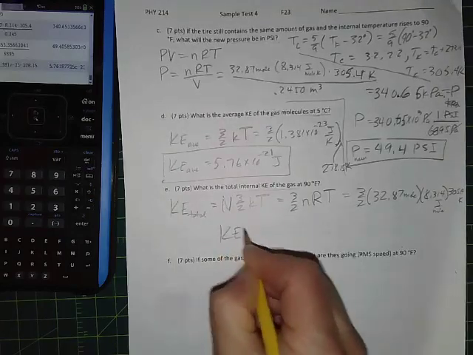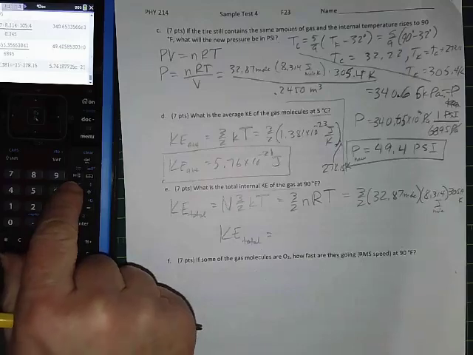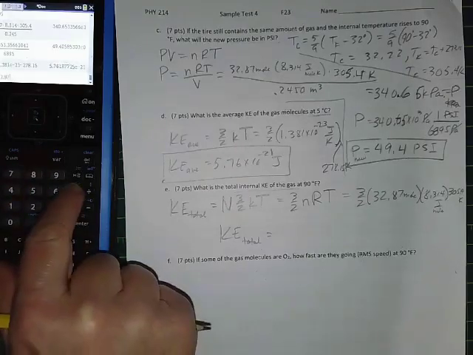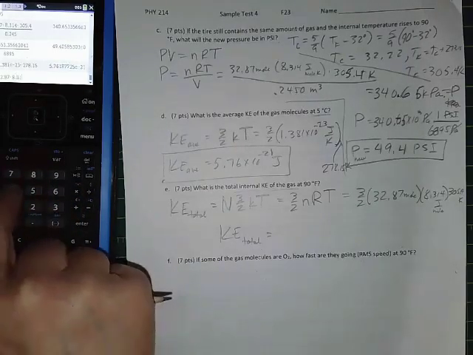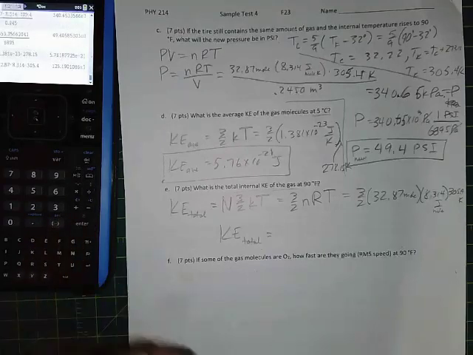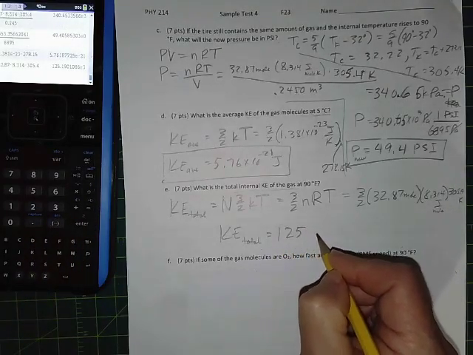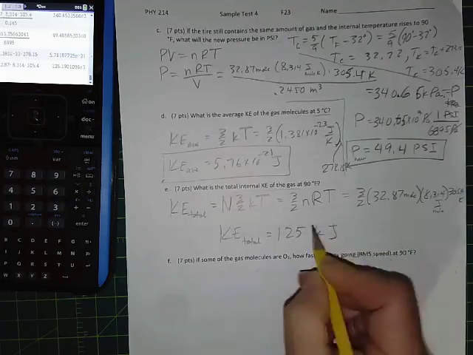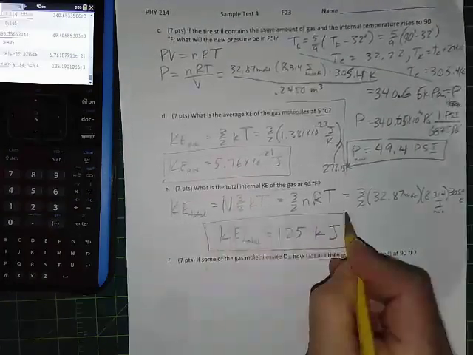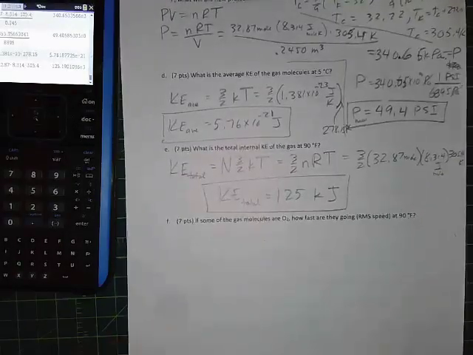Alright, so KE total, plugging those in, 1.5 times 32.87 times 8.314 times 305.4 gives 925 kilojoules. That's what I got last time, so that's good. And then finally,